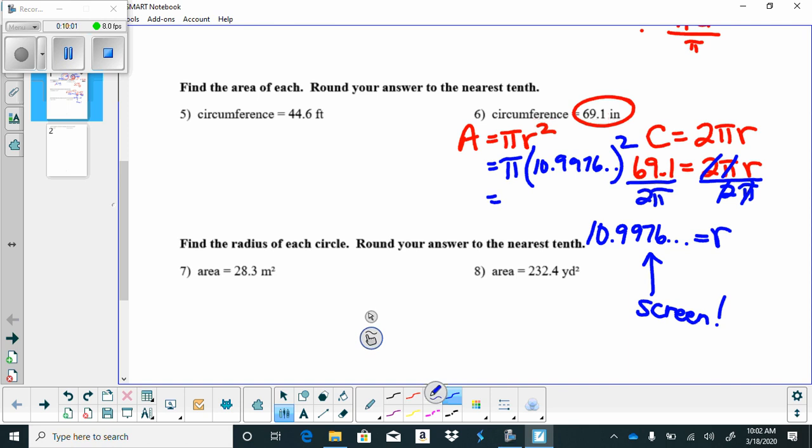You're taking what is on your screen and immediately pushing the x squared button. On your calculator, it'll say ANS squared because you took the answer and squared it. And then you can just push pi, and that'll give you